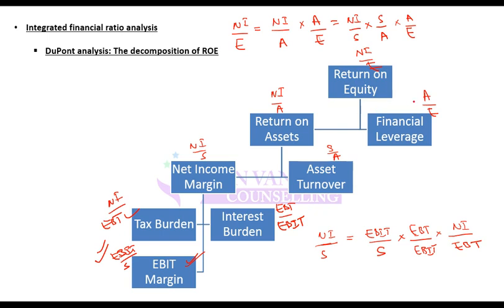If it is coming from financial leverage, then that is not due to the company's ability to improve efficiency, but rather it is coming from taking debt or changing capital structure. If it is due to return on asset, but asset turnover, that means it is coming due to improvement in efficiency. Profitability hasn't improved, but efficiency has improved, and due to which it has improved. So you should find out where it is actually coming from, and this is known as DuPont analysis.